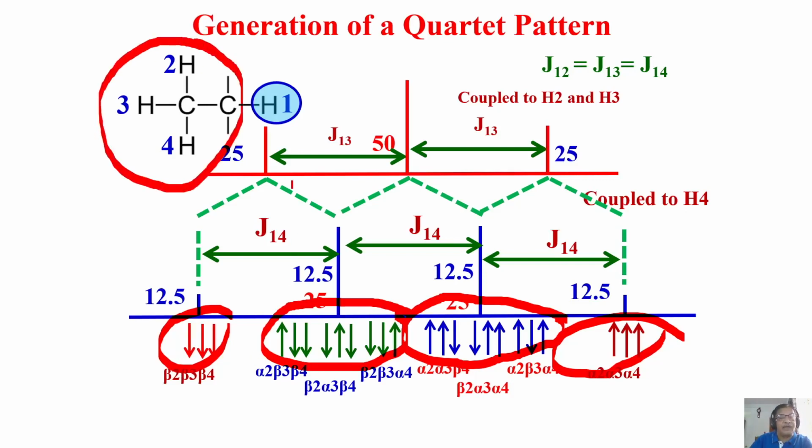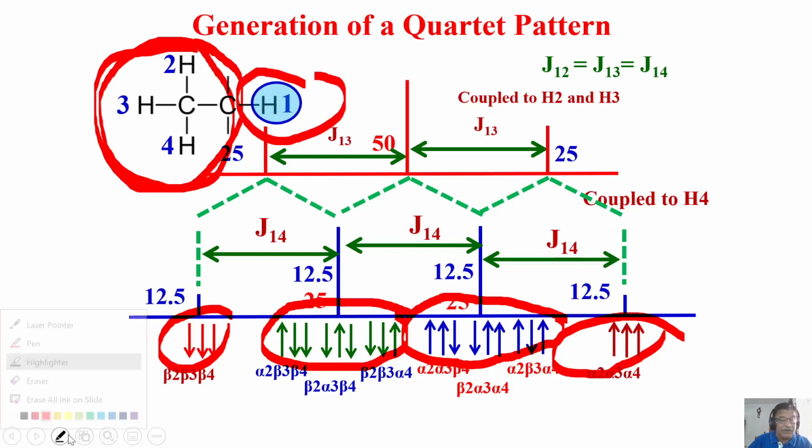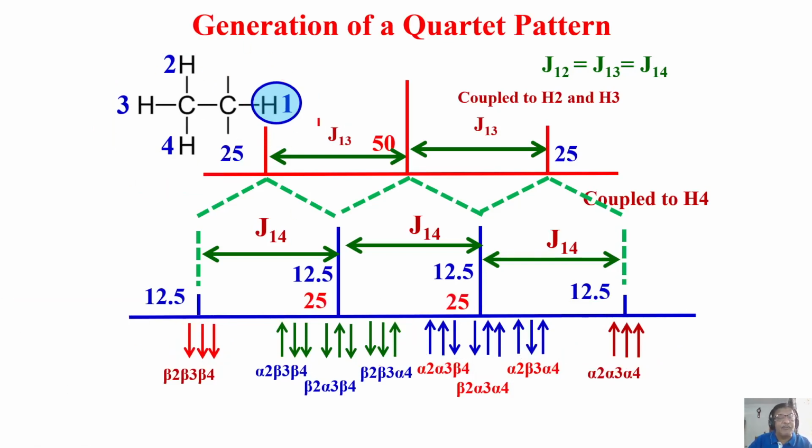If I look at this proton coupled to this, what is the pattern you should get? It is coupled to only a single proton. It means it will be a doublet, because all are equivalent. This methyl group gives only a single peak, and it is coupled to this proton and it will become a doublet. So for the entire molecule, what is the splitting pattern?